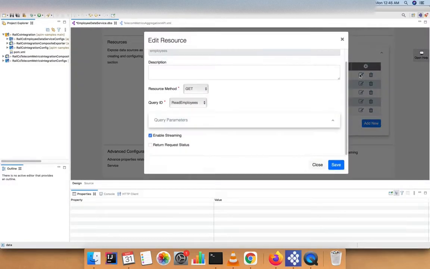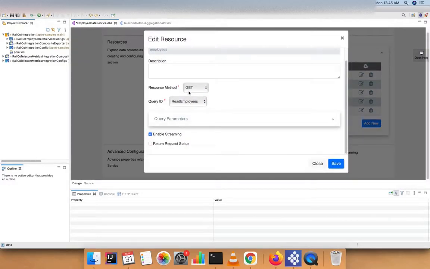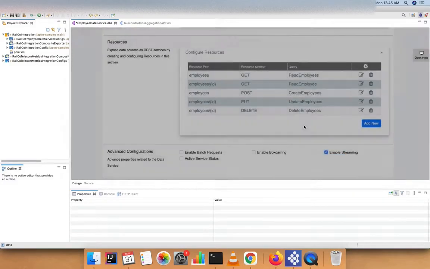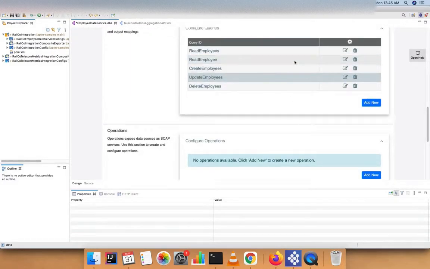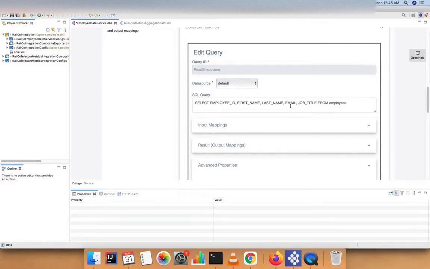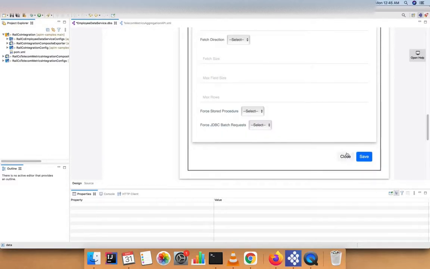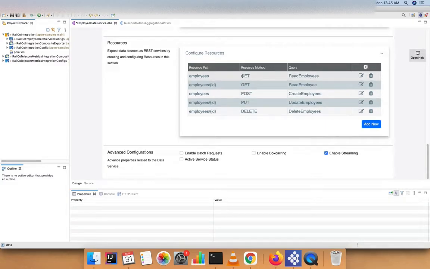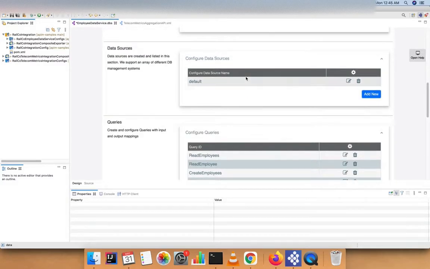You can write these queries like this. With this we can exactly say what we want to do with this database operation. In this case we are going to select certain attributes from the employee table. Similar to that we have other operations as well.